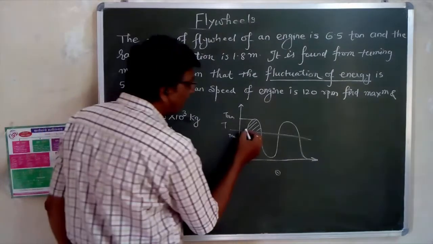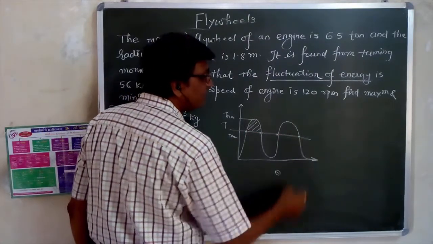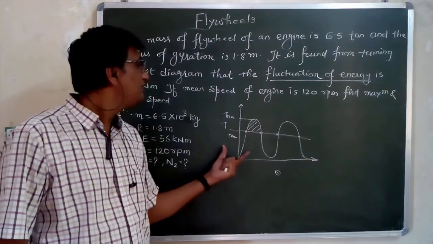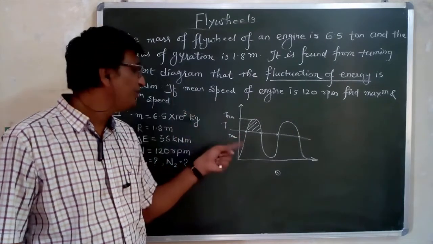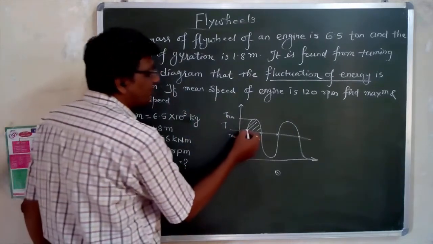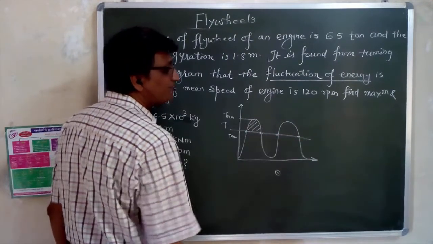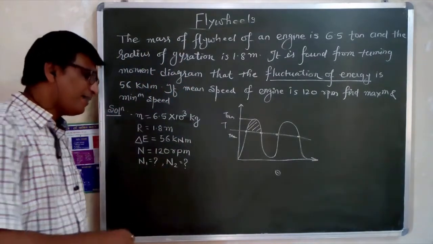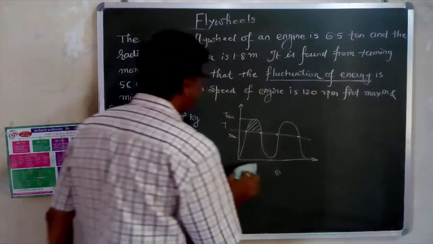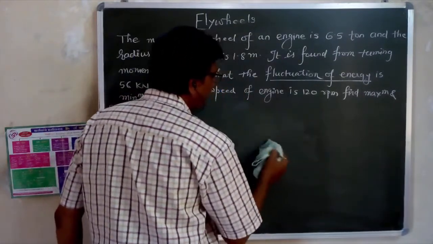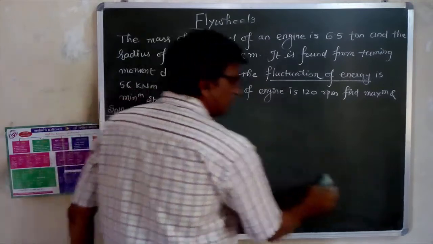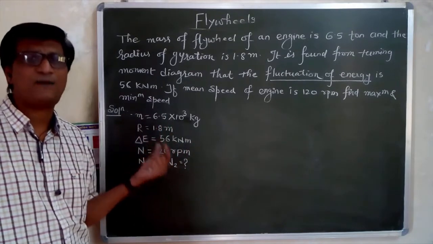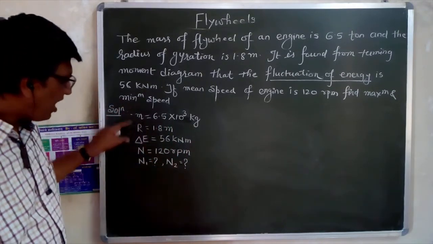Now you know that you will have these points we have already seen. If you are not getting this point, this is already described in my earlier video, so please see that video and you will get the things. So you see, this is the minimum speed, maximum speed, minimum speed, maximum speed. So you have to calculate the minimum and the maximum speed. Now already we have discussed in the last lecture that the coefficient of fluctuation of speed can be given as maximum minus minimum upon average.